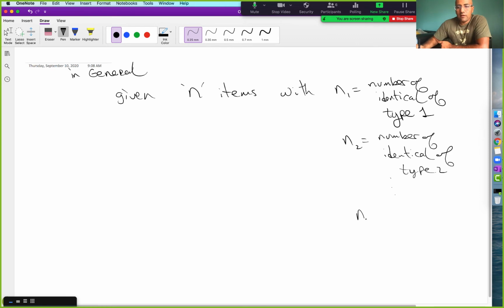So let's say that there are n sub k number of identical of type k,